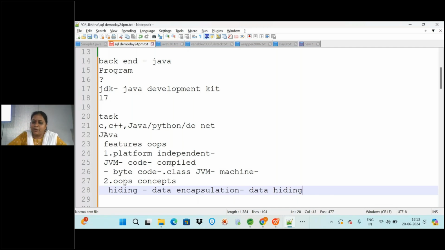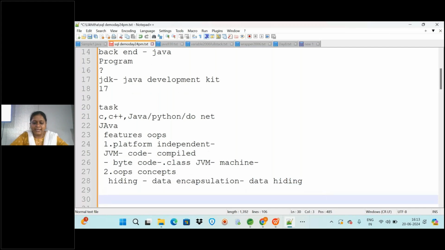With the concept of data encapsulation, you hide the unwanted details from others who are using it. So how do you hide this data?